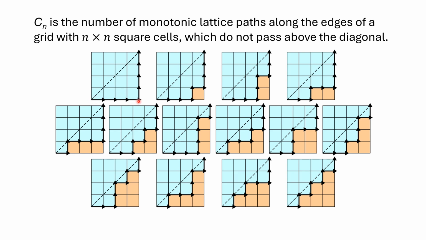So you can see here, this is one way, and then you can go this way up. You can think about going through a city street grid pattern, and how many ways can you get from this point to that point where you can't cross over the middle diagonal, and you can't go diagonally. So here's another solution, here's another solution. So for 4 by 4, n equals 4, we see that we get 14, which is a Catalan number, and